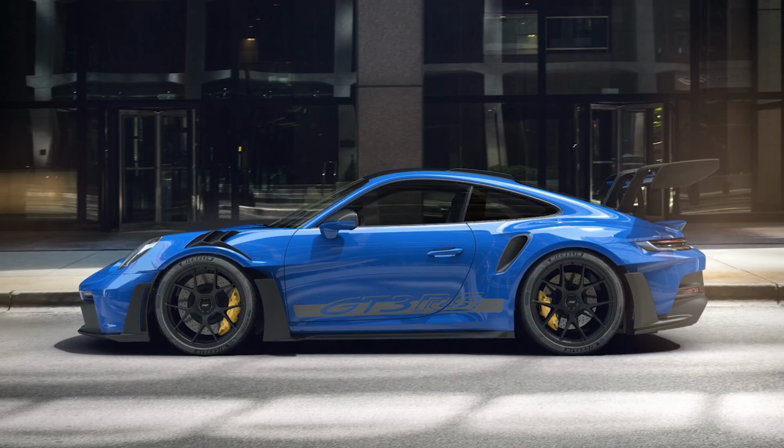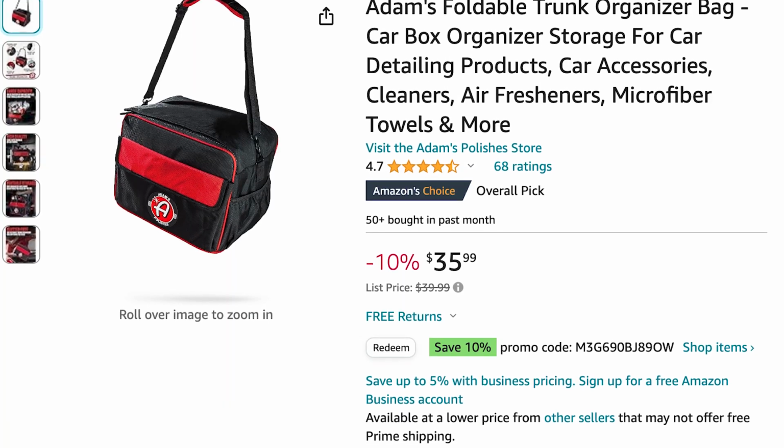Next is going to be a 2024 Porsche 911 GT3 RS, specifically in this color, and specifically for me, if anybody's feeling generous. Nah, but actually,